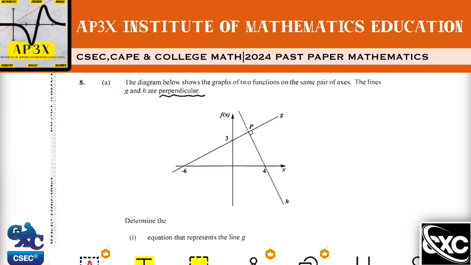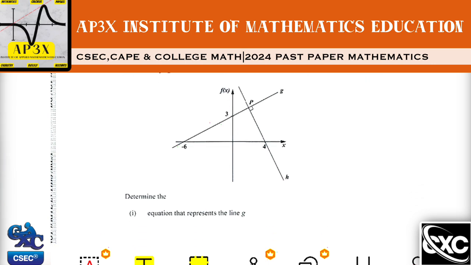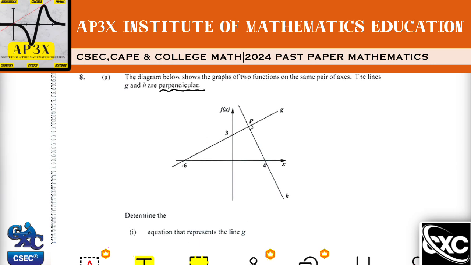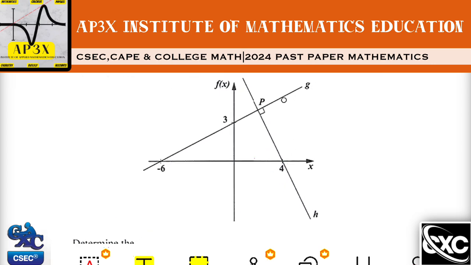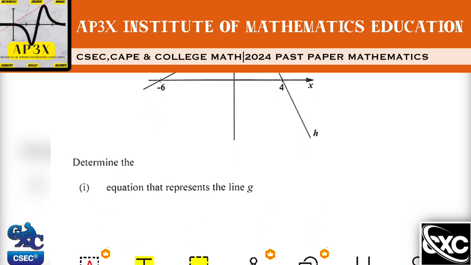We need to underline that word because that's going to be key later on. Now, it says here that we're to determine the equation that represents the line G. All right, so we're looking at this particular line here, line G. So what this means for me then is that what I'm thinking about here is the very first thing is